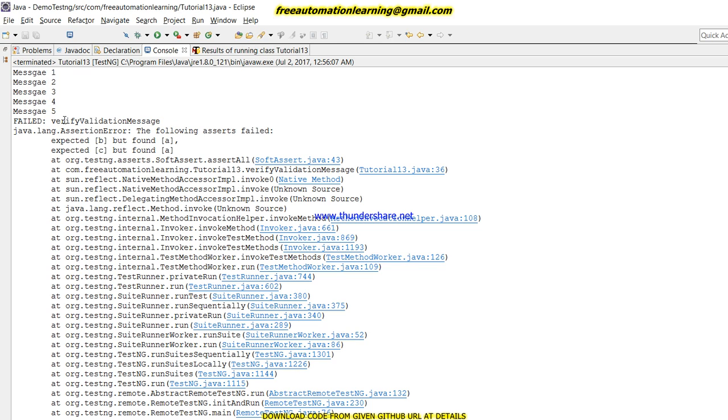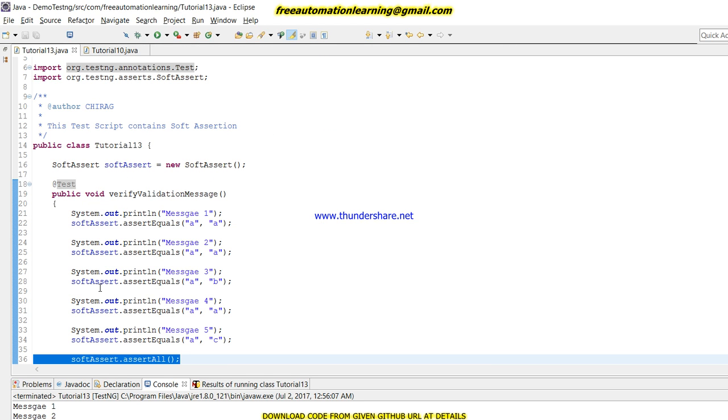But it failed. Why did it fail? Because expected B but found A, expected C but found A, right? These are the two values which I changed manually. If you click on this, you can find where it has failed, right?